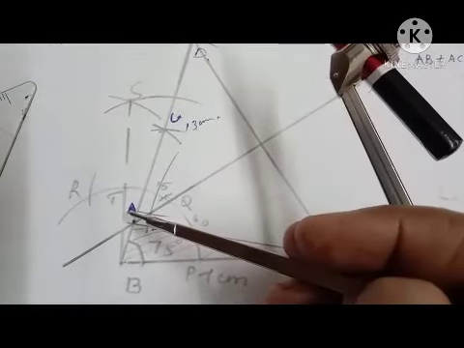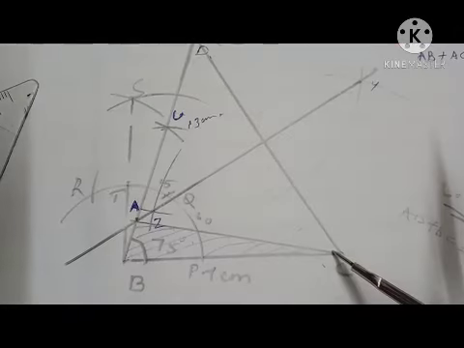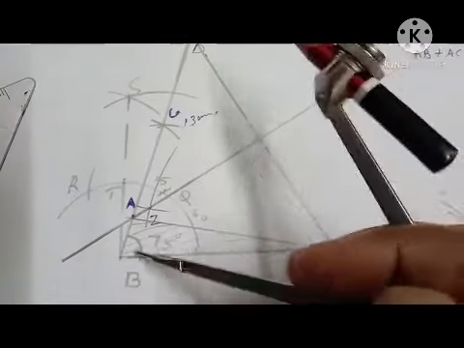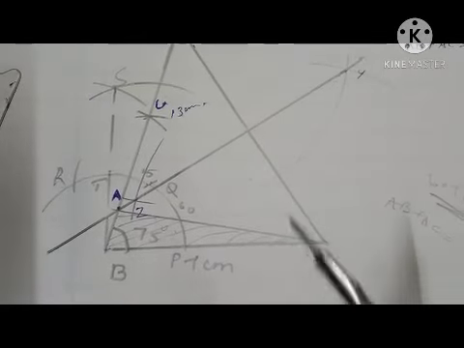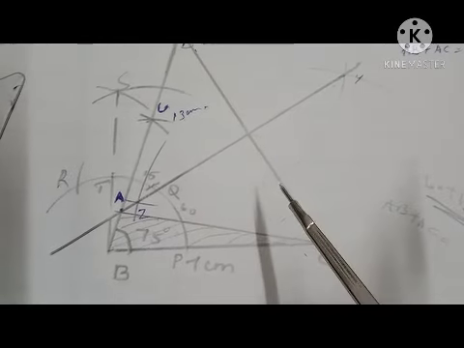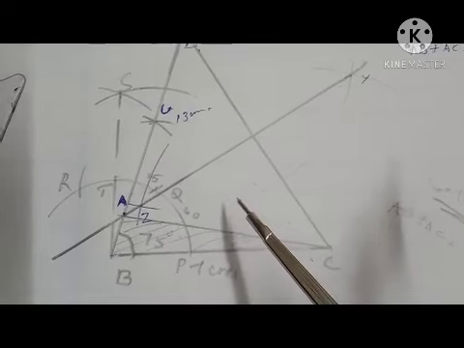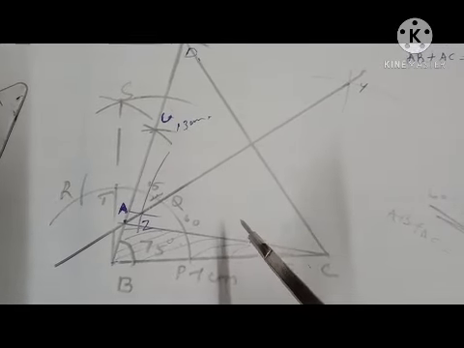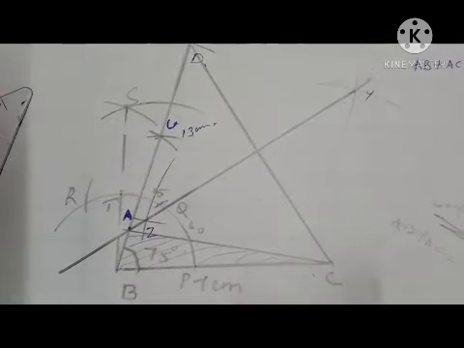Then we have to get point A also. Now we got point A, then join A to C. Now this triangle ABC is the required triangle. This method you can use for the triangle construction when the difference of two sides are given. Alternate method have some changes, so I think you can practice this method. This is the most comfortable method.